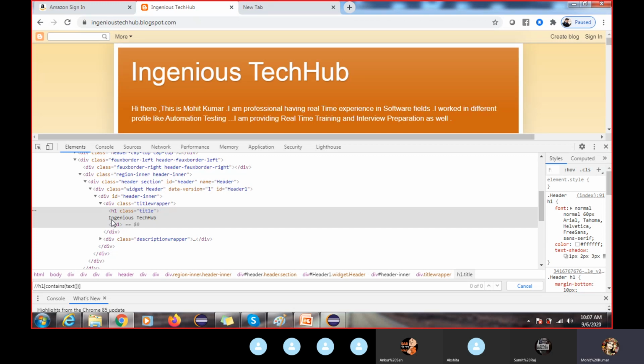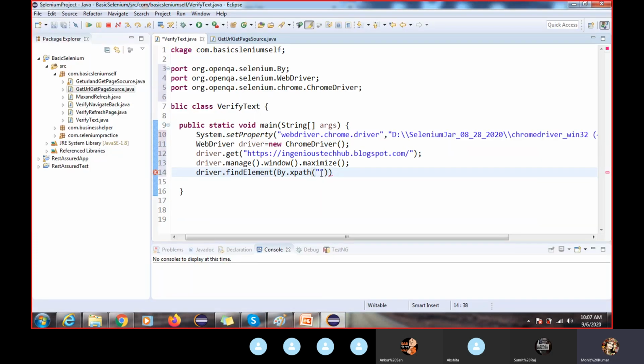Text function. Let me check. Is it a text or something else? It is the text function. I am able to find this, right? So this is your text function. I can see I always use contains. If something goes wrong, or if anything changes, it will still work here. Okay, so it's a very good habit. Use contains, so your XPath will be stable.